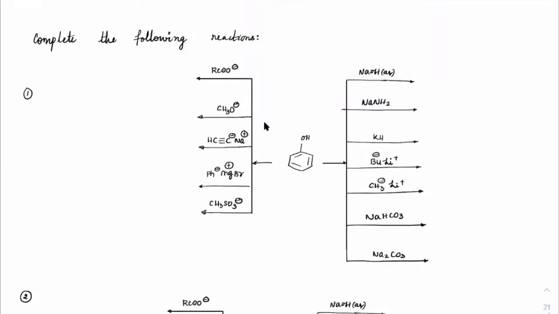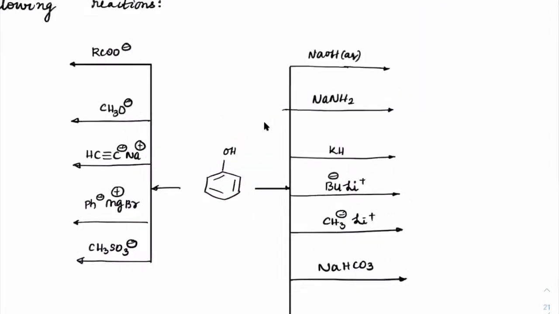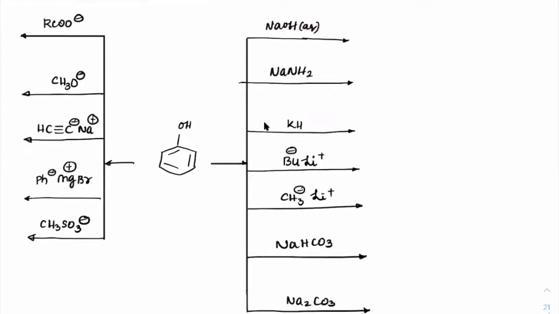Today we'll find out what kind of reactions are usually asked, which are only acid-base cases. So if there are any acid-base reactions, how do we analyze? Now, see this. Suppose we have phenol, and phenol is supposed to react with all of these cases. How do we need to check?